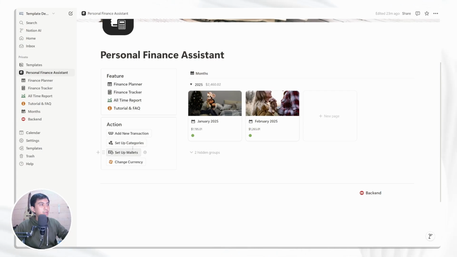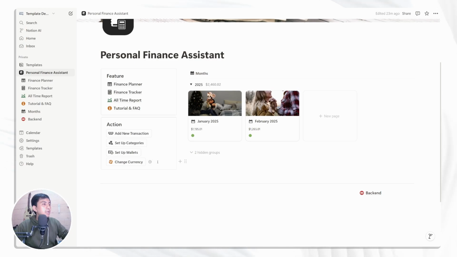Continuing with the buttons, you will also have several buttons for setting up categories of the transactions and setting up the wallets for managing several accounts. Different categories of transaction will extract the budgets from a different wallet or different account. This is the wallet, and we will see it in several seconds.